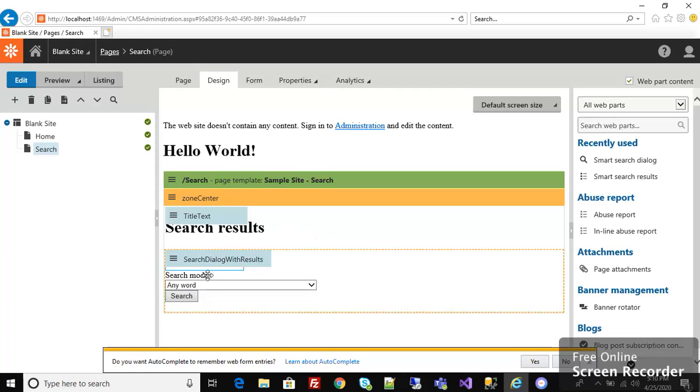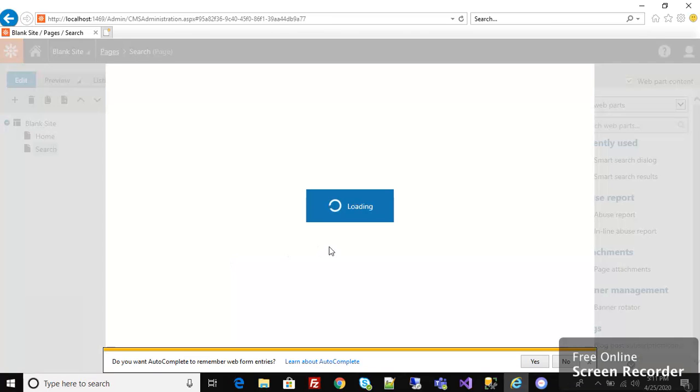You can see we have search dialog with results and title text of the page template. We will definitely cover all of the topics regarding pages, page templates and page types, so that you will have an idea about what all these are.